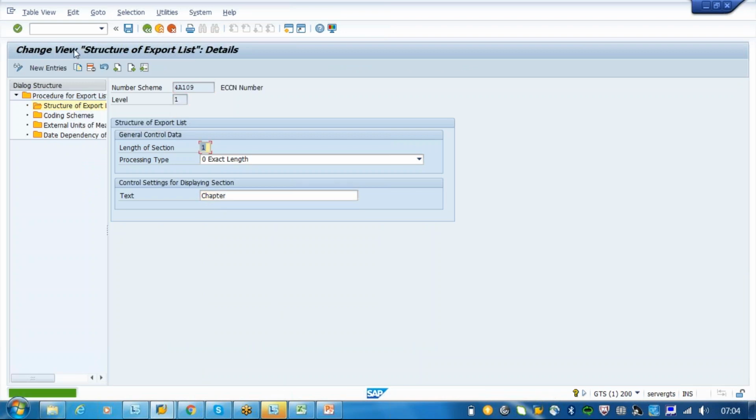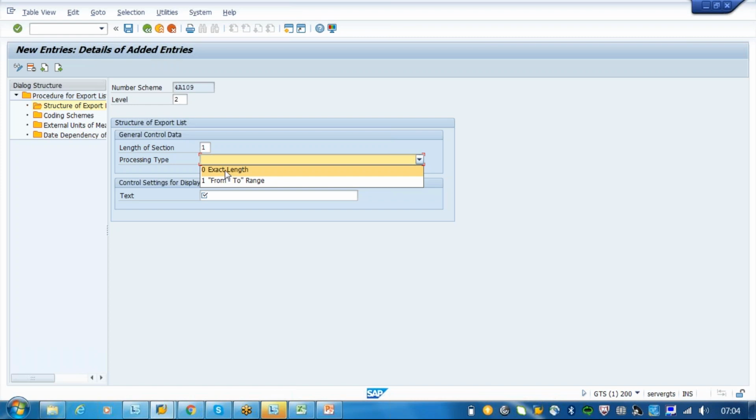Okay. Go for second level. Second level again one character, exact length. What is this? Validity.